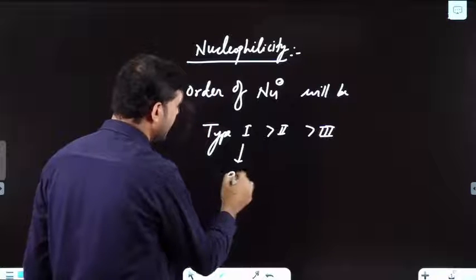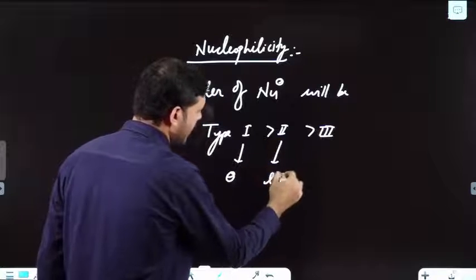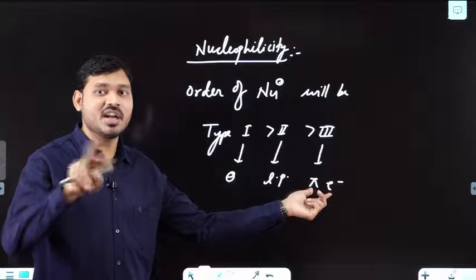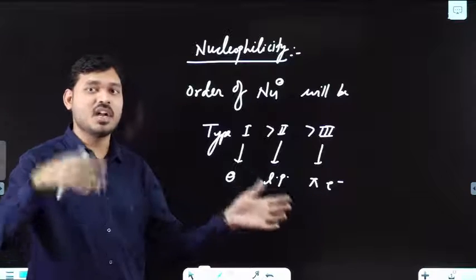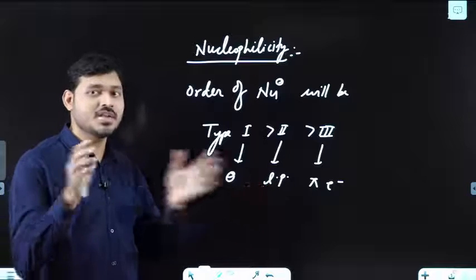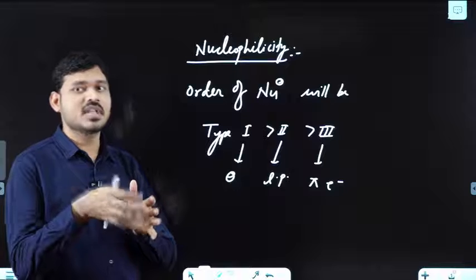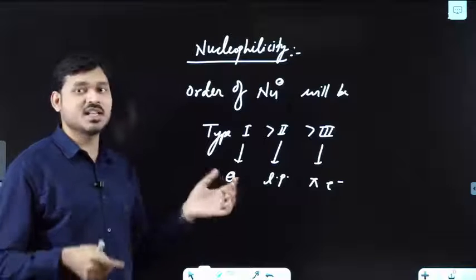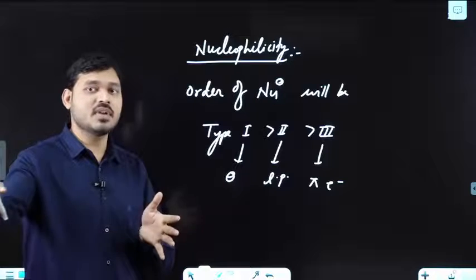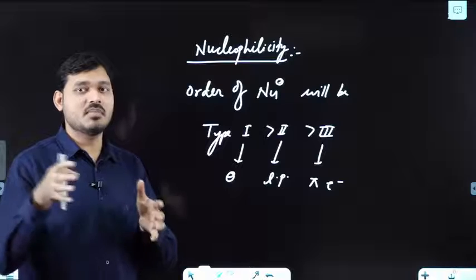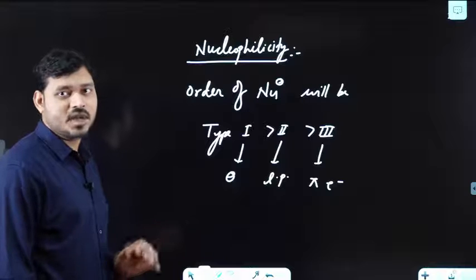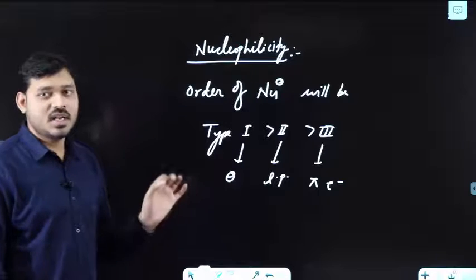Why? Type 1 is negatively charged. This is a lone pair and this is pi electrons, meaning these are the bonded electrons which will break the bond and donate to someone else. And the lone pair is unshared electrons available which can be donated, and this is negatively charged, meaning it already has some charge. So if it donates to someone, it can become stable or neutral. So this is the order of nucleophilicity among all these three types. I hope you have understood and noted each and every point.